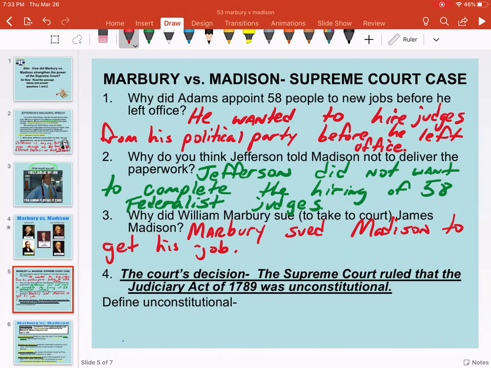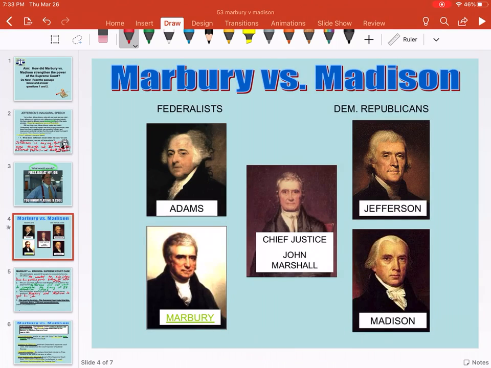So an interesting side story to all of this: William Marbury, one of the judges who did not have his paperwork filed, sues James Madison, Secretary of State for Thomas Jefferson. So remember, look at this little drawing here. Marbury is suing Madison,